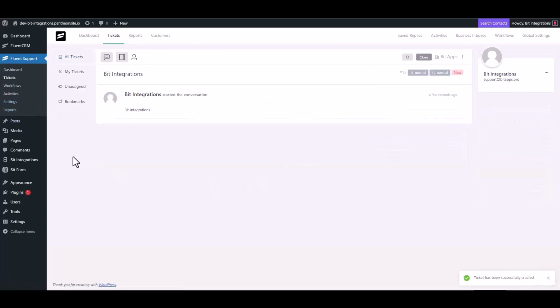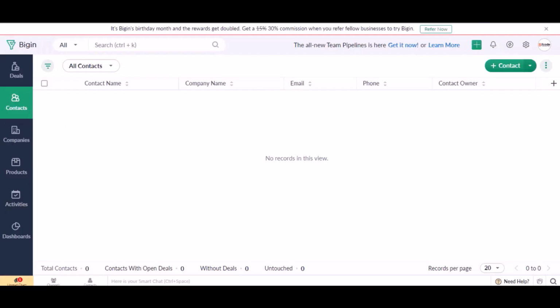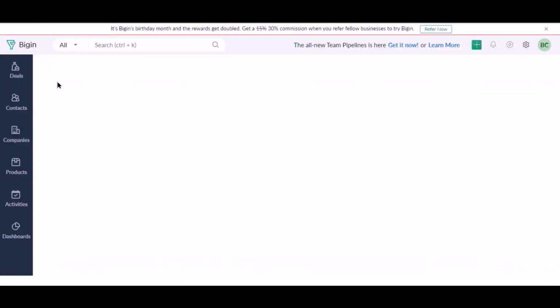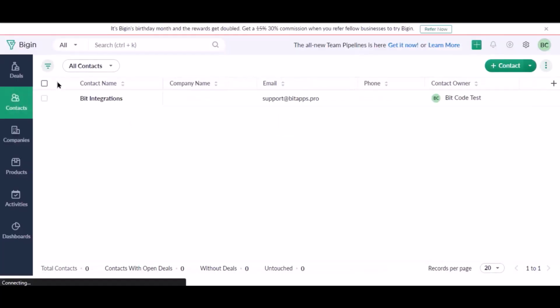Ticket created successfully. Also, go to Zoho Bigin and check the data is listed or not. Here is the data coming into Zoho Bigin from Bit